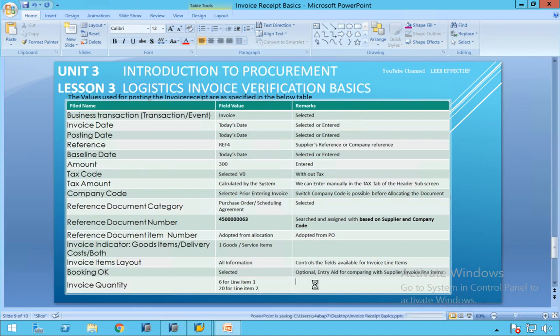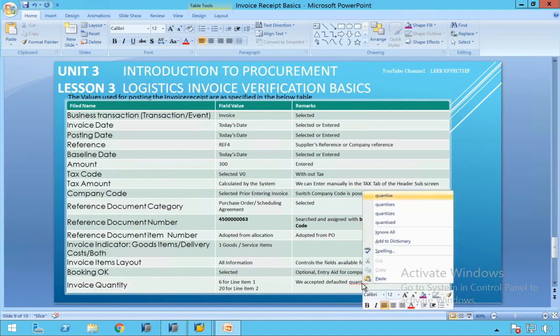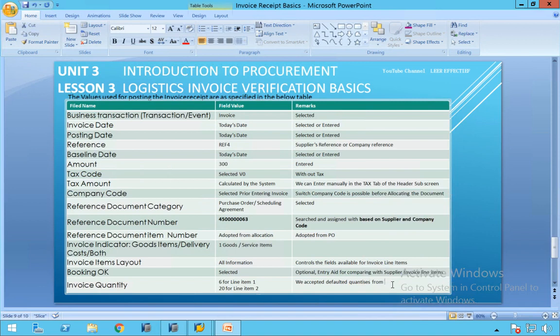So what we did here, we accepted the defaulted quantities from the purchase order, right?